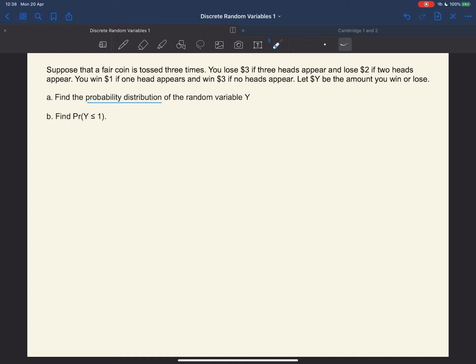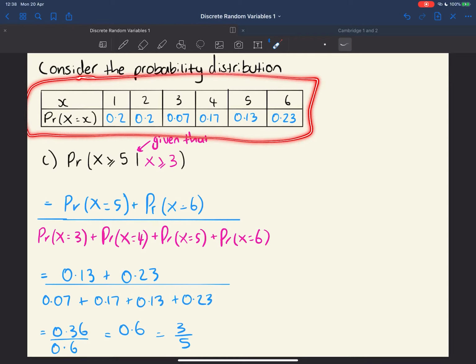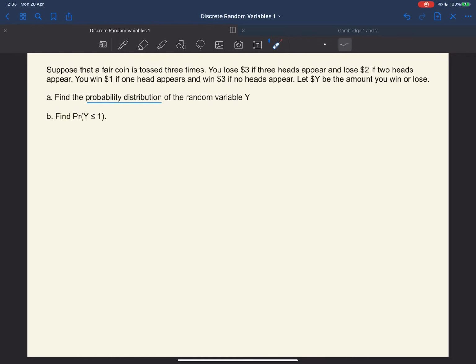All right, so what do we need to do here? Well, we need to set up a probability distribution. We need this to answer this question, and then we need that to answer part B. So let's go ahead and do a probability distribution. In order to do that, though, we need a bit more information, and I suggest that we make a table that looks like